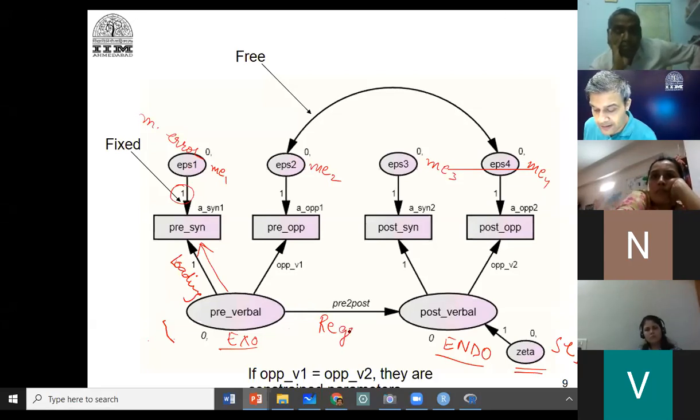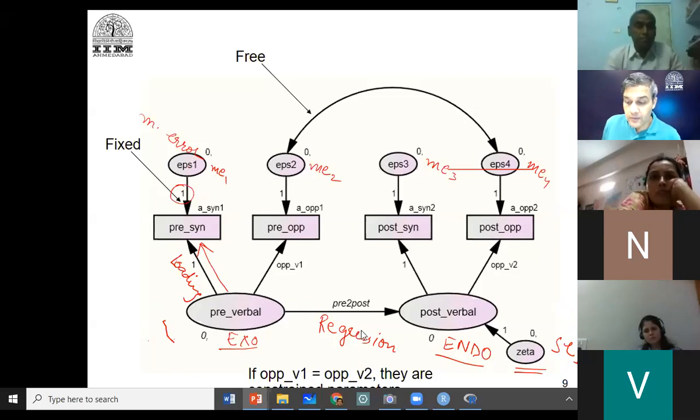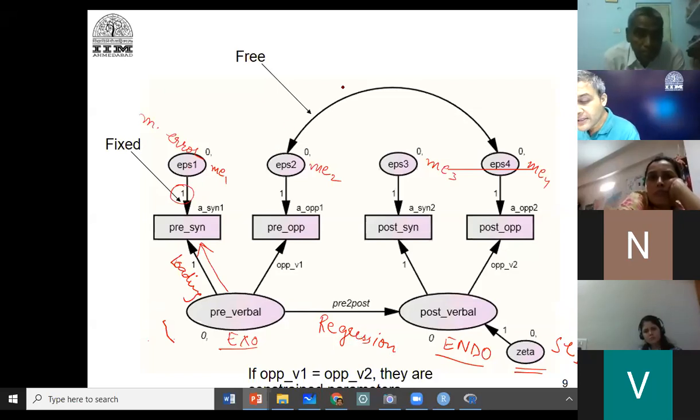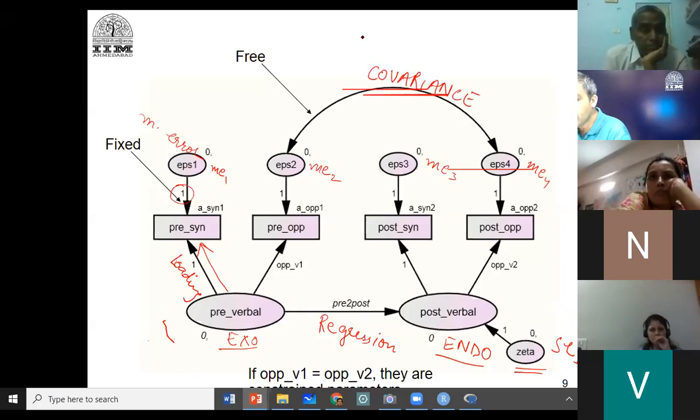Okay, that is one. And this is what we call covariance. Always remember, double-direction arrows mean covariance.